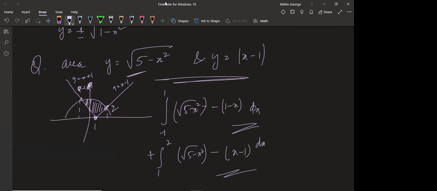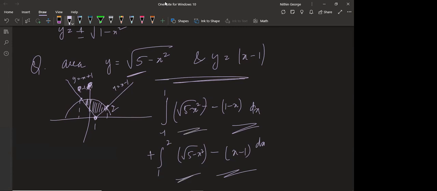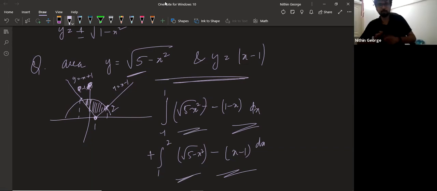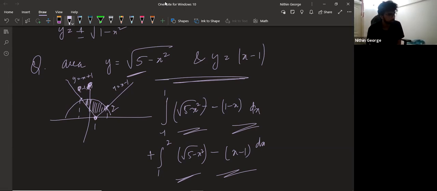Sir, it's not wrong to directly write it as the integral from minus 1 to 2 of root of 5 minus x square, minus the integral of minus 1 to 1 of 1 minus x, minus the integral of 1 to 2 of x minus 1, right, sir? Yeah. That's absolutely fine, because since you're adding both these parts up, you can do that. But I hope the visual idea was clear from this. Yes, sir. Okay, there are two functions here at the bottom. That's what you have to understand.